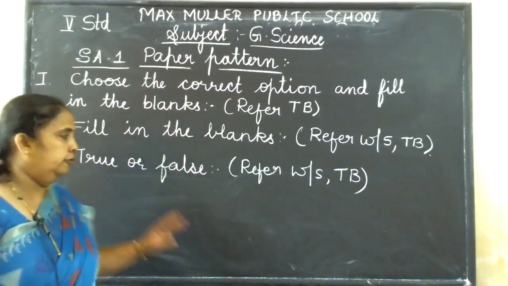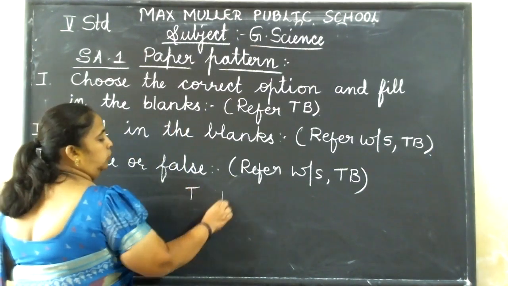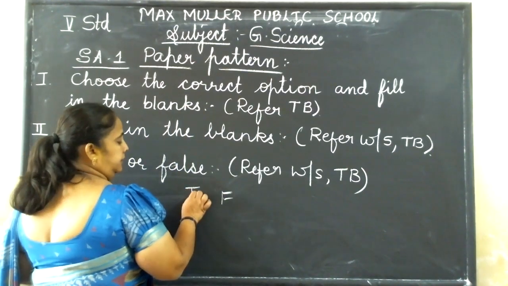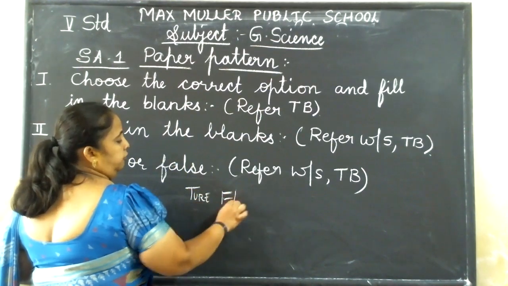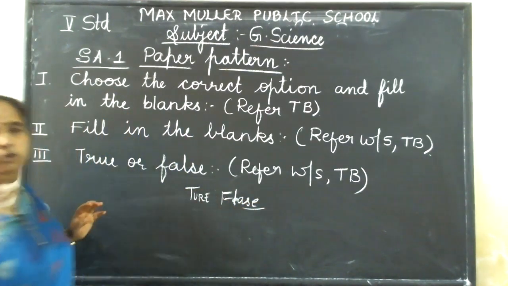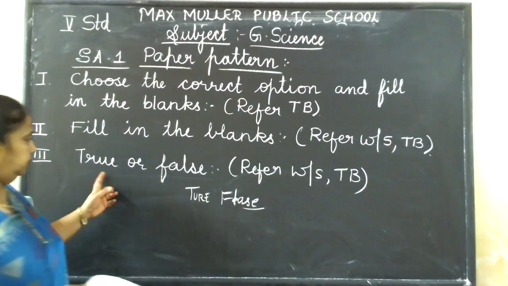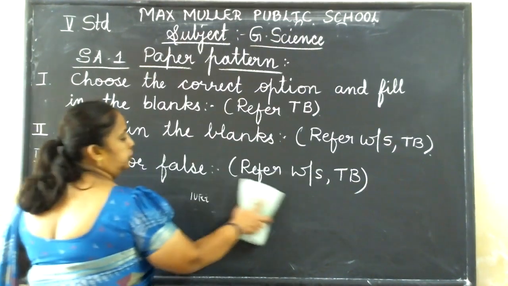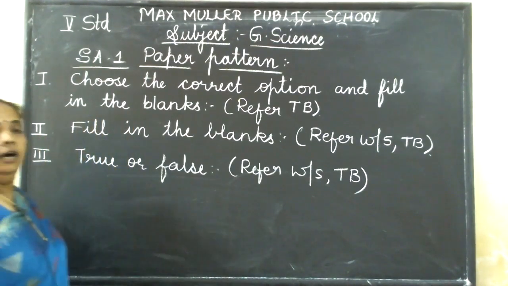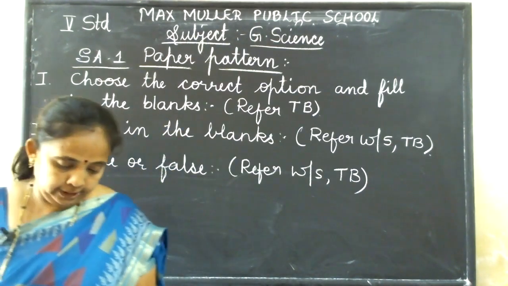In the exam, even if I have mentioned to write true or false, many of you will write T for true and F for false, or you make spelling mistakes. You write TURE or FLASE. If you do all such things, I'm going to cut the marks definitely. See the spelling, write true and false correctly. It should be true and false only. If you write TF or put right and wrong, I'm not going to give you the marks.